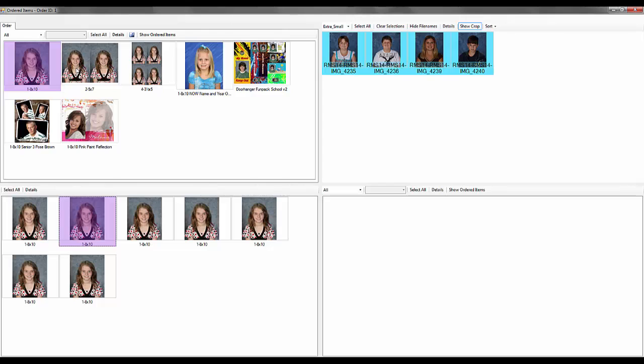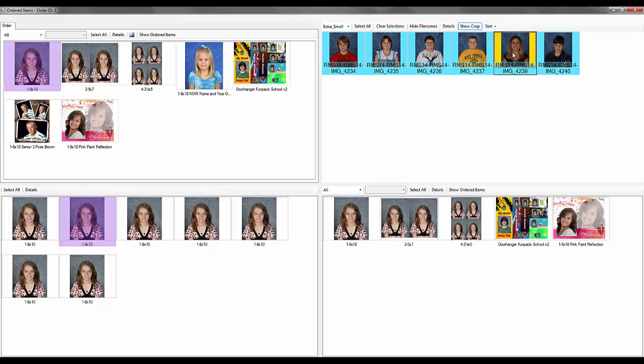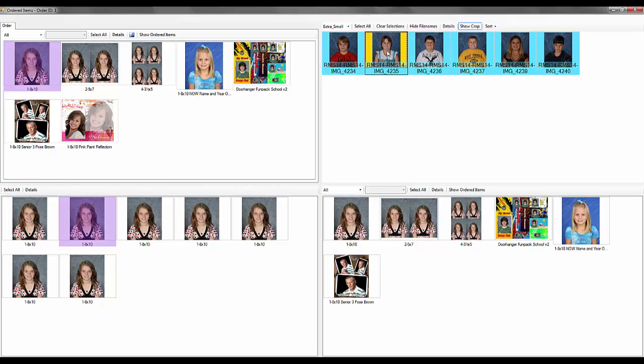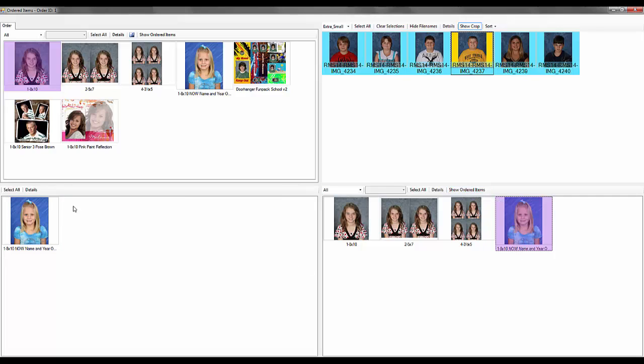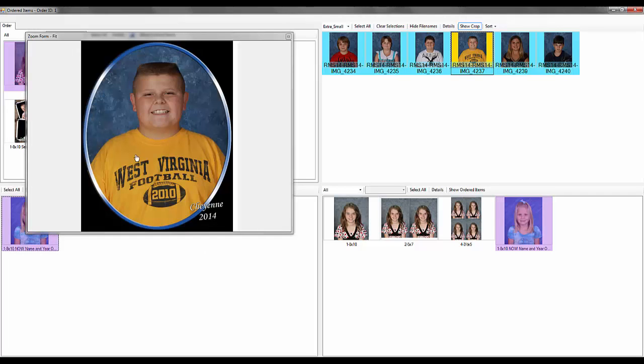Now if we need to see how a specific image's products will look, well, then we find the product and click that image button, and then find the particular image. And you can see below here the products are swapping out based on the image selected. And we can click on the product here and say Show Ordered Items, and then it's going to show just that ordered item. And double click on it, and you can see here it has the product customize options that